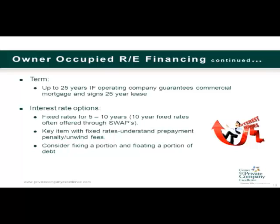In terms of fixed-rate options, as David said, 5- and 7-year rates are common bank rates. 10-year rates, there are banks offering 10-year rates. Some banks would prefer to offer them through swaps. I don't want to spend a whole lot of time on swaps. Essentially,